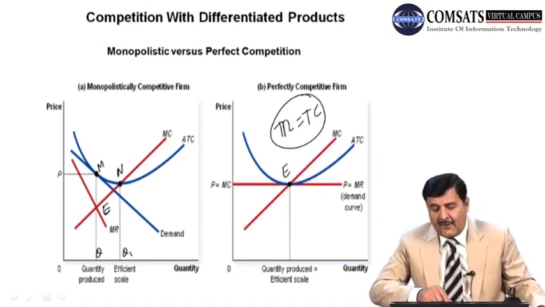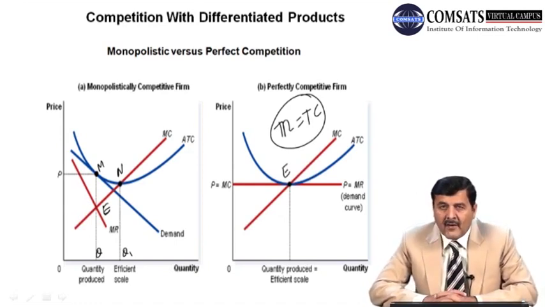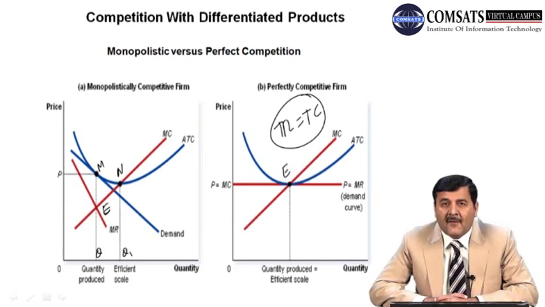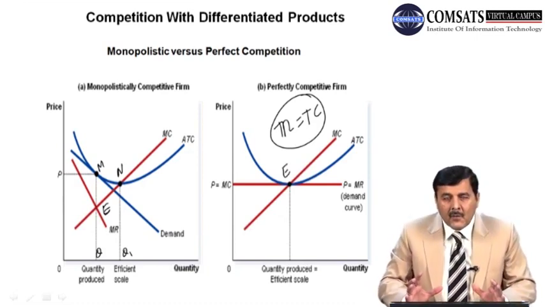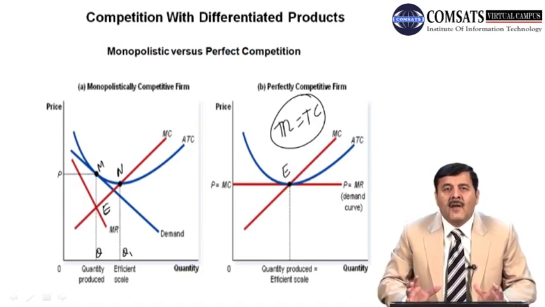लेकिन अगर आप गौर करें तो firms are producing at efficient scale, right? Quantity is produced at efficient scale, so we can say that here consumers are in benefit in case of perfect competition, where the firms are producing at efficient scale and charging less price as compared to monopolistic competition। So this is how we can explain the difference between perfect competition and monopolistic competition by using the concept of excess capacity।